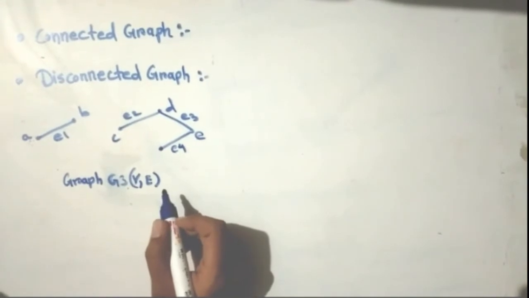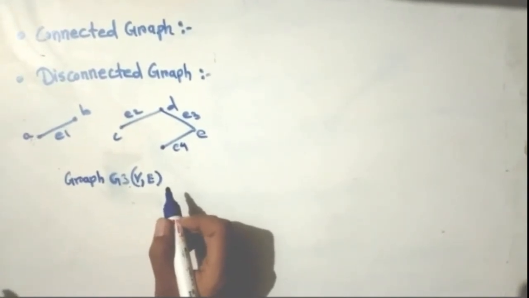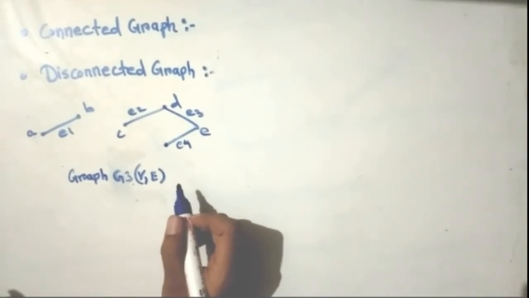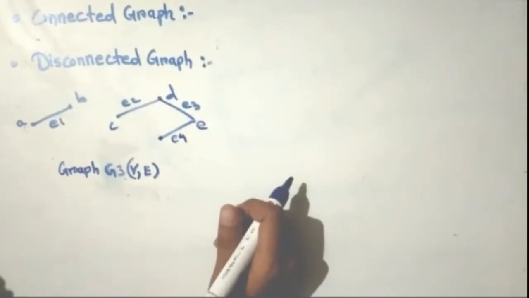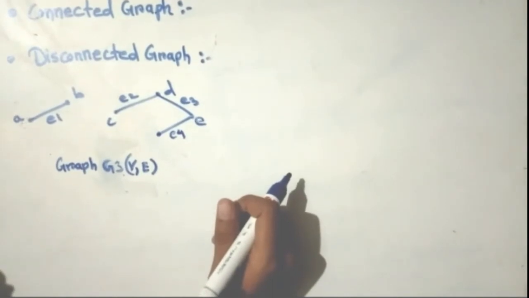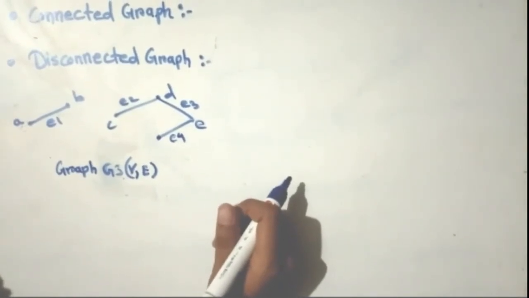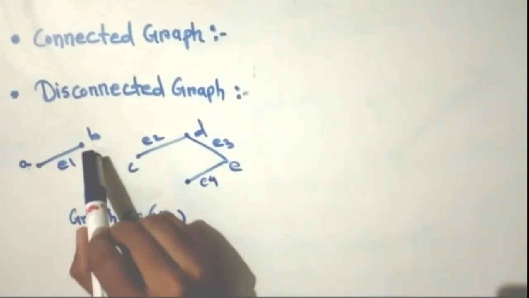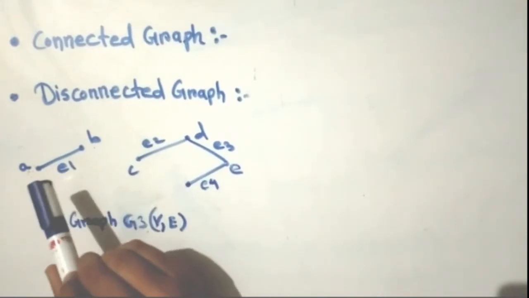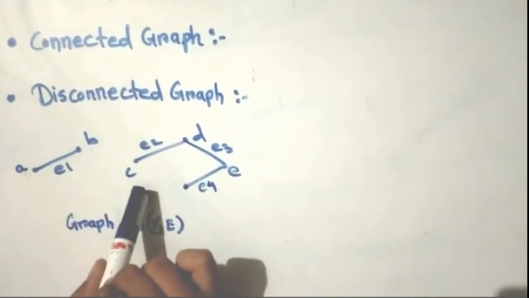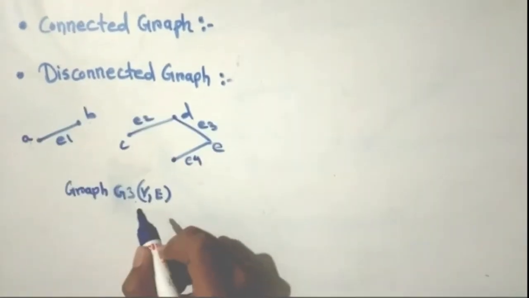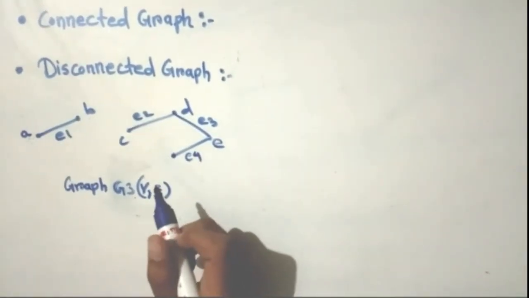Now, we will see what a disconnected graph is. A graph in which the path of edges doesn't always connect every vertex. Say, a graph in which there is no path present between every pair of its vertices. Here, in the graph G3, there is no edge between vertices B and C. Therefore, this graph is disconnected. Graph G3 is called a disconnected graph.